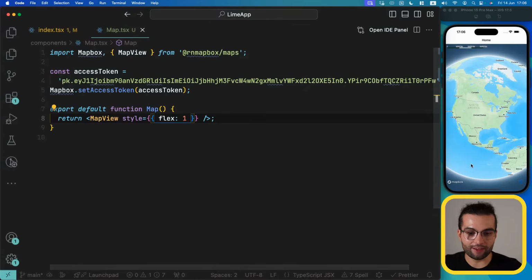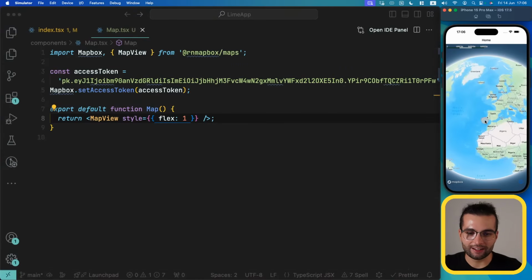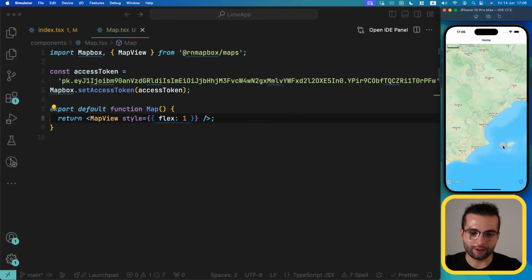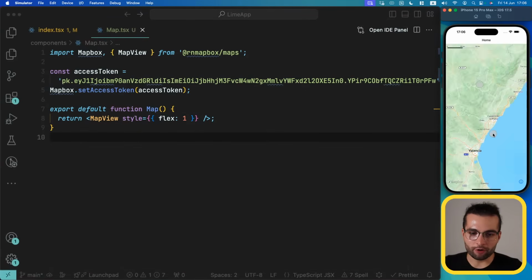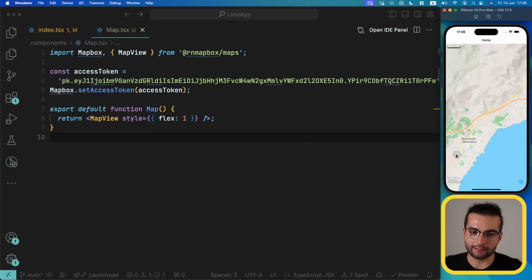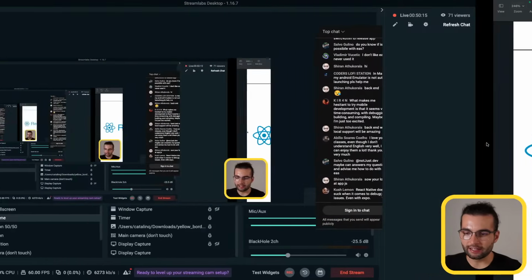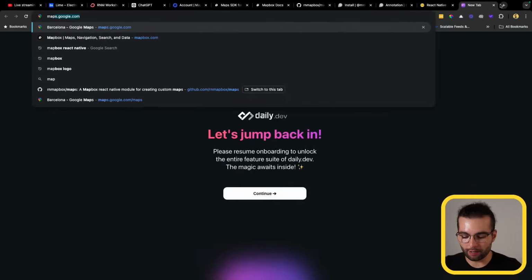And right there we have our globe that we can scroll and also zoom in and see everything. Perfect. Look at that. The cool thing about Mapbox is that you have the freedom to adjust the styles of your maps completely. You have a lot of freedom here. To do that, you can look at Mapbox